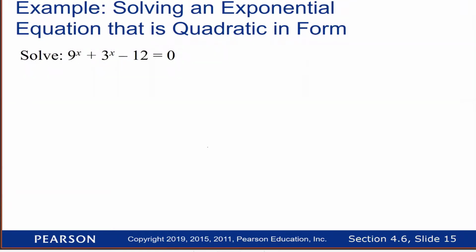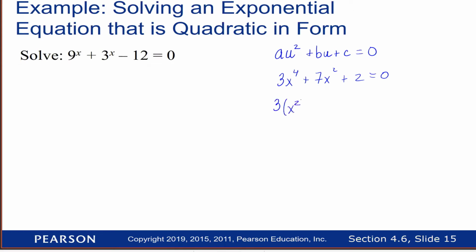One last type of equation, and that's an equation that is quadratic in form. Recall, an equation is quadratic in form if you can rewrite it as au squared plus bu plus c equals 0 using some substitution. So as a quick reminder, something like 3x to the fourth plus 7x squared plus 2 equals 0 is quadratic in form because I can write it